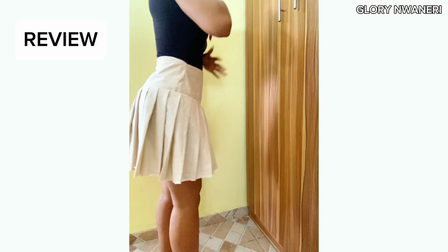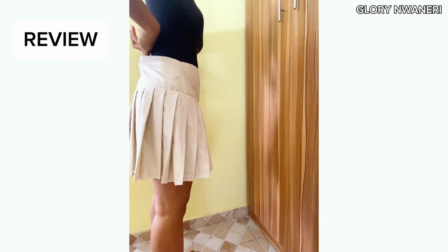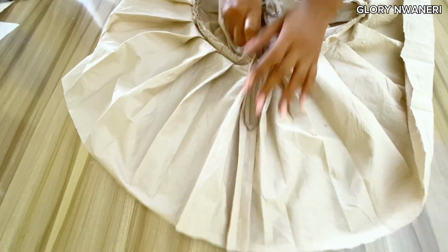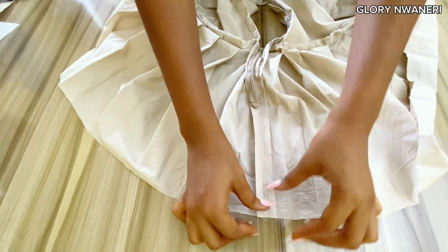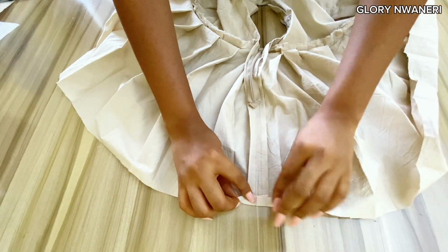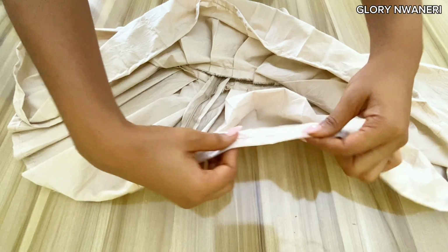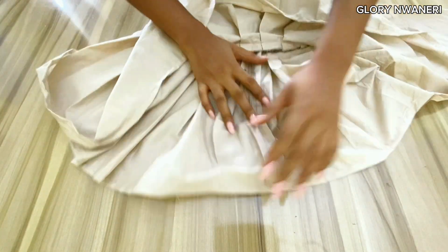I just want to show you a review of how it looks on me. I realized that the waist part was still too free, so I needed to adjust that. But now I will just be hemming it down. I'll just be doing it like so. I like to stitch mine like this, or you can do the rolled hem. It depends on you. I'm just going to be stitching it around,